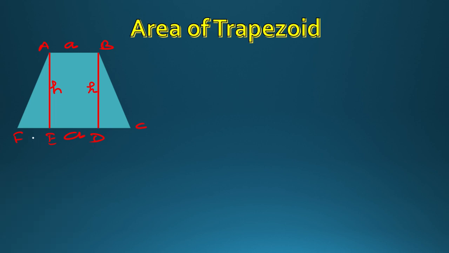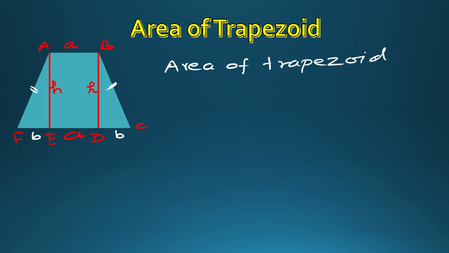Okay, I am taking just the sides only, and since it is an isosceles triangle, these two sides are equal. So if I take this smaller one as B, then this one will also be B. So what will be the area of the trapezoid? Area of trapezoid will be equal to